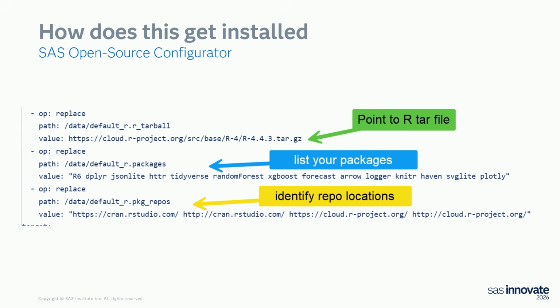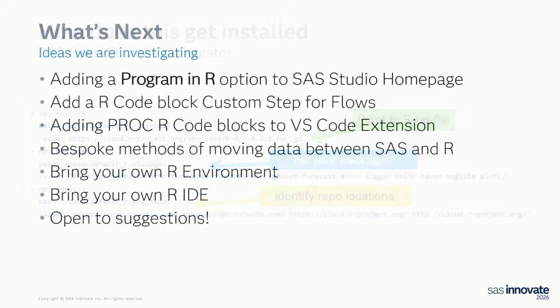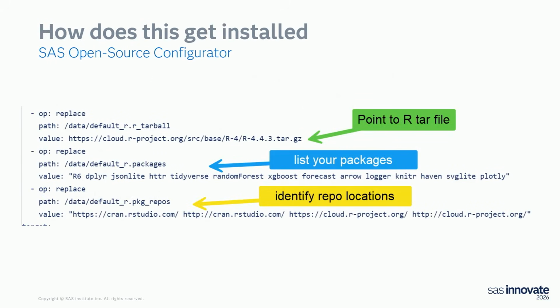You have these different things in here. So up the top, I'm telling it, well, where is R? What version of R am I installing, right? So I told it to go out to the rproject.org and grab the 4.4.3 R version. So you tell it, this is the version of R I want to install. The next line down is, and these are the packages I want to install when I'm doing this. Now, some of these packages, if you don't like Tidyverse, has like 35 packages that come with it. So it'll do all that. It'll do all the dependencies, it'll do all that sort of stuff.